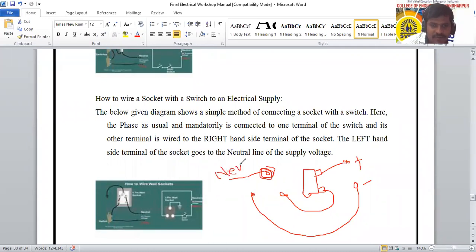We can call it as a neutral, or it may be earth. Okay, neutral. So why 3-pin plug it is needed? Because this is provided to equipment, that is high rating equipment, like our iron, there are 3-pin plug it is provided, because if some of the leakage current is there, that means sometimes there are body leakage current is there. So this leakage current it is directly grounded via this neutral terminal, direct ground केलं जातं.